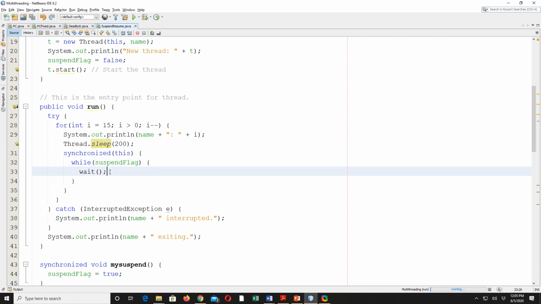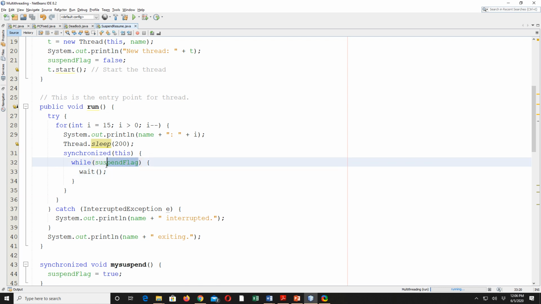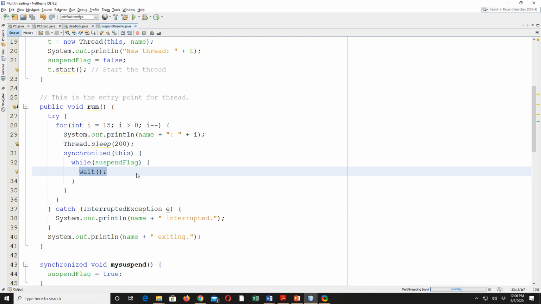So we are achieving the same task that suspend could have done, that is, to stop the thread. Here we do not call the suspend method, but we just check the suspend flag, which is a boolean variable. If the boolean variable is true, then this method will call wait on itself, which means that execution of this thread will stop.